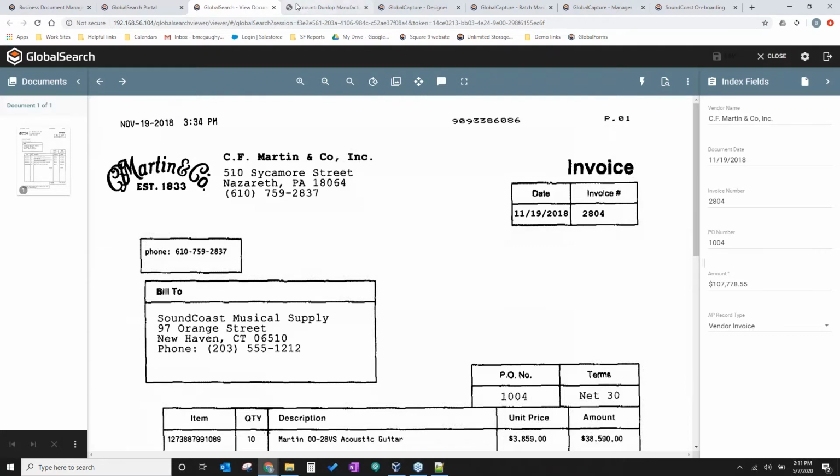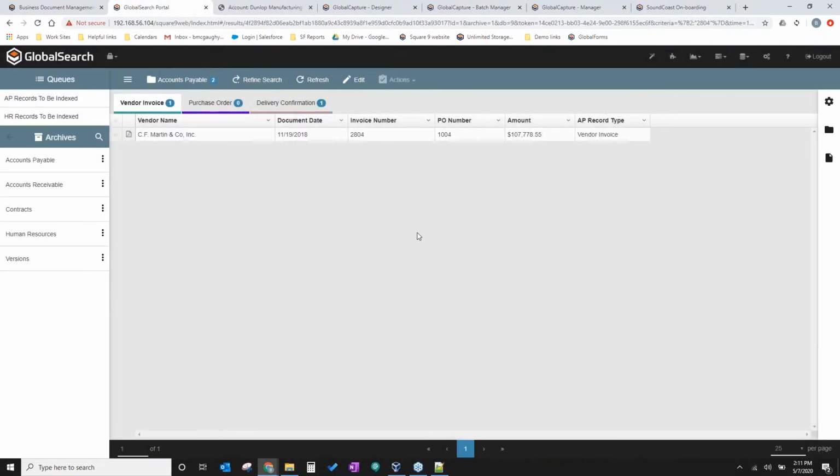So very quick and easy way of what I would call first call response completion, right? Where I'm taking care of that customer immediately. Whereas today, what might happen is I may have to put that person on hold, go to the filing cabinet, pull out that vendor's folder, and thumb through a number of different invoices to find the one I'm looking for. In this case, I can narrow that search down to the exact document that I'm searching for.